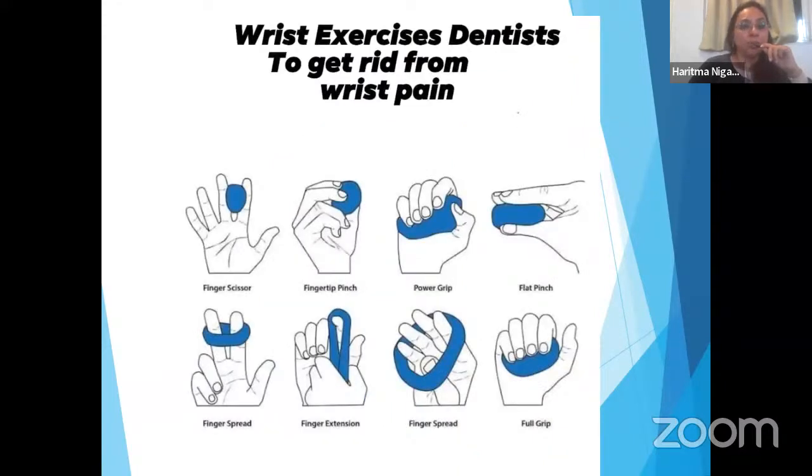This is a good exercise for your fingers and wrist. In this, you can take an elastic ball or band and keep the elastic ball between your fingers. You can do a finger scissor, like how you hold scissors and open and close them. Your fingertip pinch, in which you press the elastic ball with your fingers. Or your power grip or flat pinch, and you can use finger spread. As you can see in those figures, you can do finger extensions with the help of these elastic bands, and your full grip. And of course, at the end, I would like to say